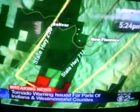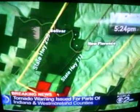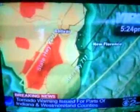And as we take a look at what we call those shear markers, we're still showing that red to green. When you have winds coming in from opposing directions, which obviously would be rotation, that's when you get those red and green couplets coming together, which is at the core of where we're picking up that rotation right now into portions of Westmoreland County. Again, this is just to the north now of Ligonier and also